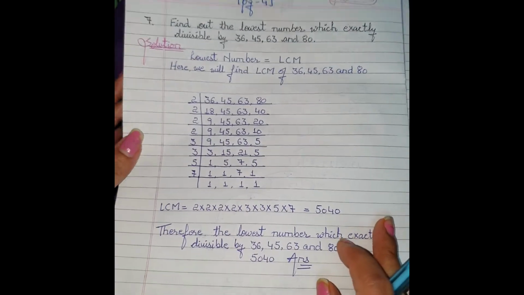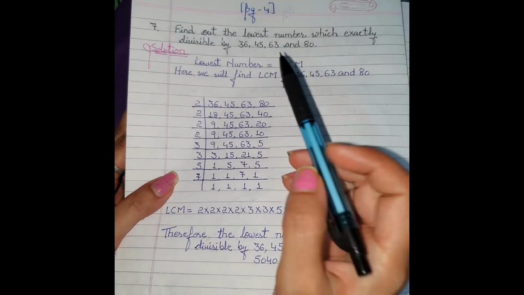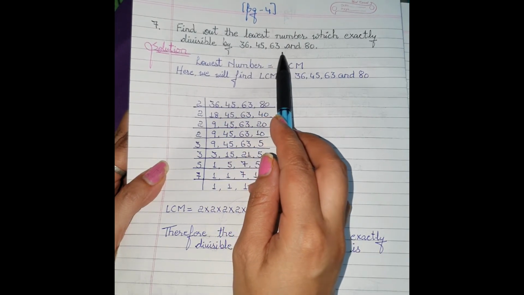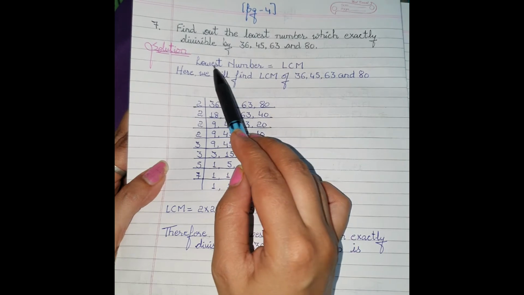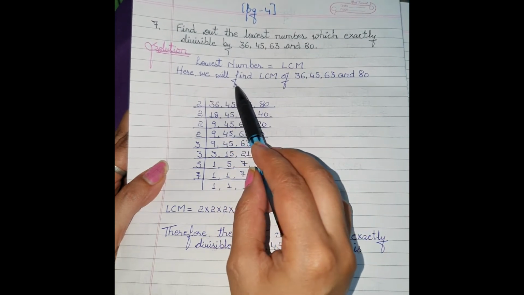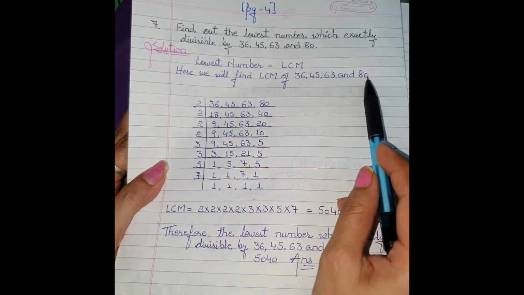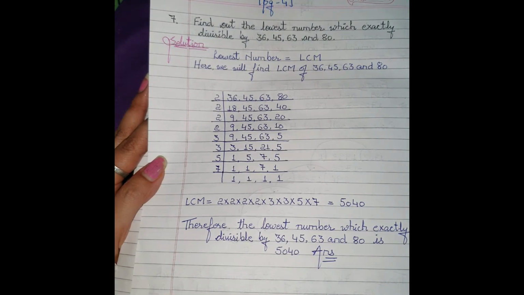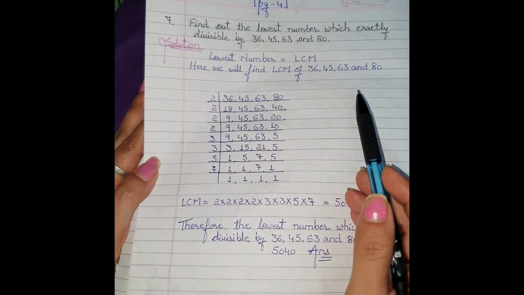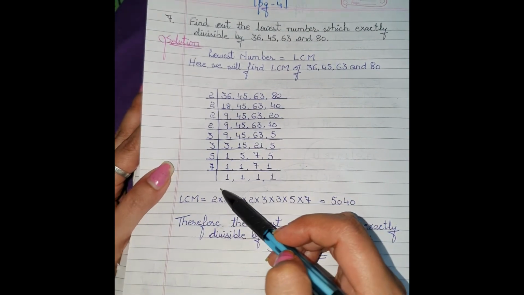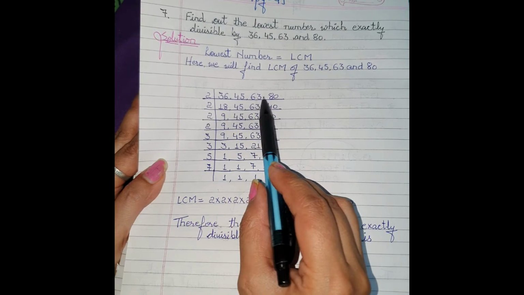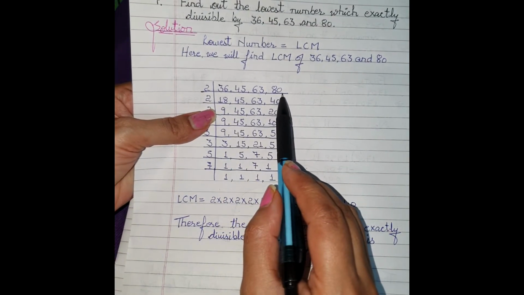Now, the last question of the day which I am explaining to you: find the lowest number which is exactly divisible by 36, 45, 63 and 80. So lowest number, as I have told, means LCM. So here we will find the LCM of 36, 45, 63 and 80. See, I have used the division method. This is a simple question because no remainder information is given in the question. Only LCM is asked. So we will simply find the LCM, making the division method format of LCM. Then 6 is coming at the last here, 45, 63, 80. So you can see this first number and last number come in the table of 2.